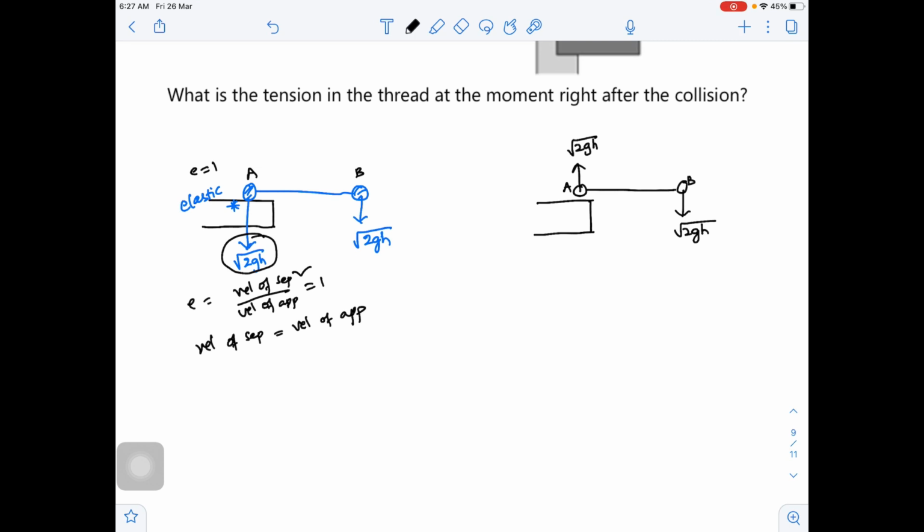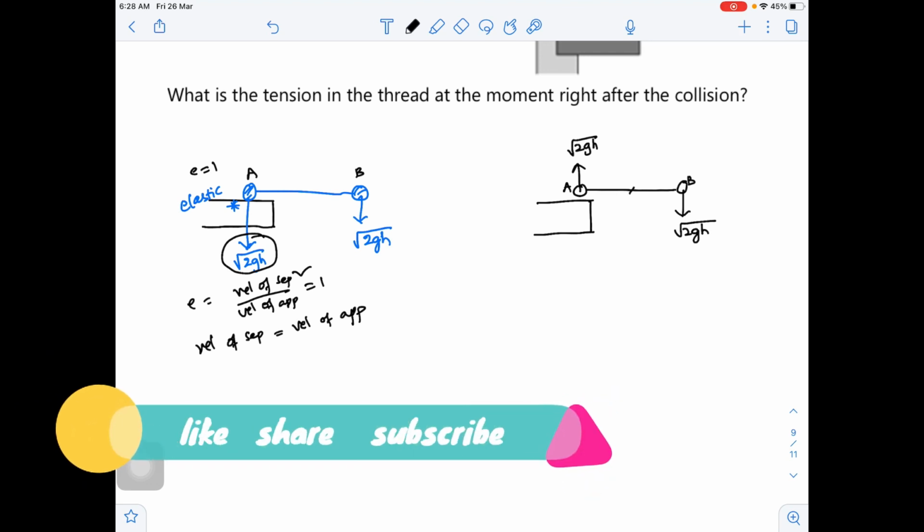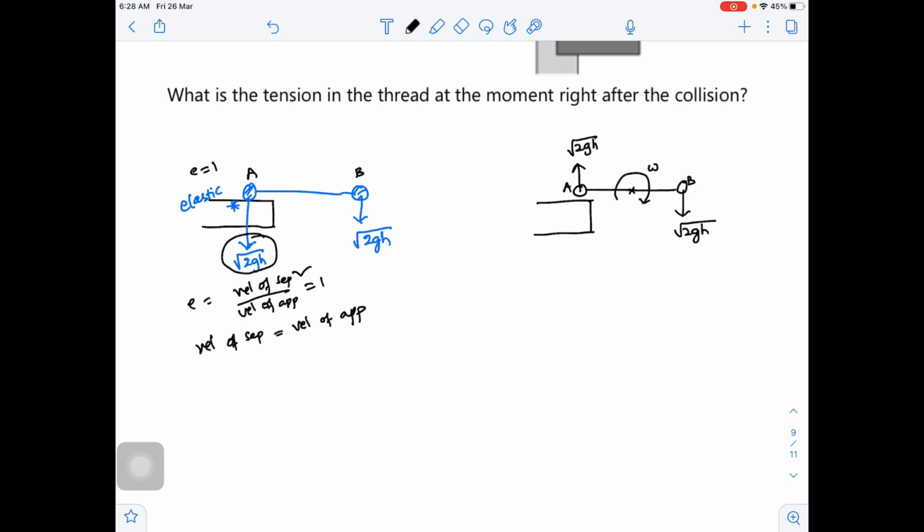Instead of saying the same velocity, velocity means vector quantity, no? You will include the direction also. So better not to use the velocity concept. It will bounce with the same speed. Direction you have to check properly. Once A and B are getting different, opposite velocities, definitely this dumbbell is in pure rotational motion. So it will acquire some omega.